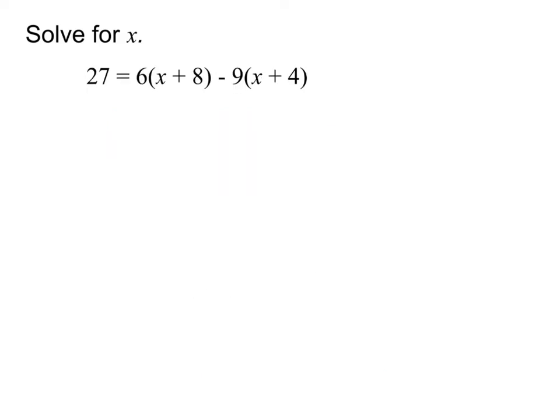And for our final example in this particular video, we're going to be doing this problem. And again, we have two sets of parentheses, but the difference is, you notice we actually do have some numbers out front of the parentheses this time. So we're going to need to make sure we distribute those in properly first. So let's go ahead and do that. The 27, there's nothing else on that side right now, so it stays 27